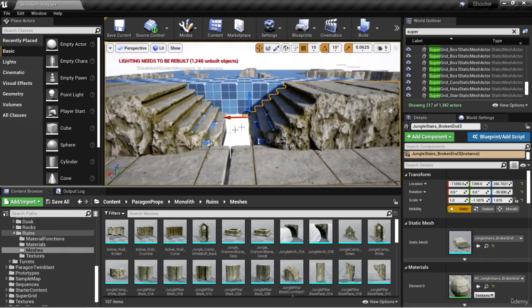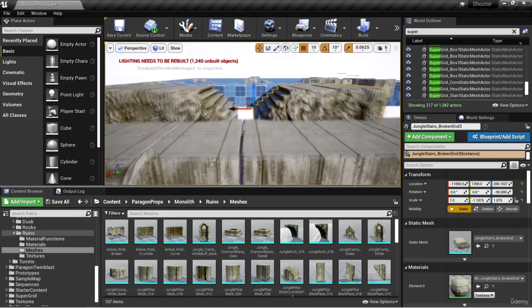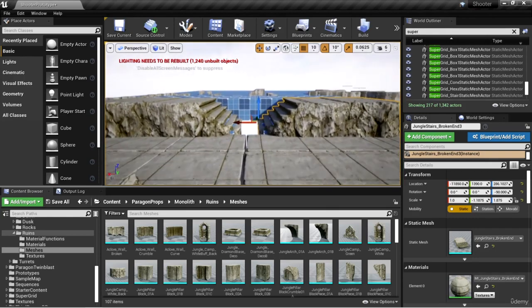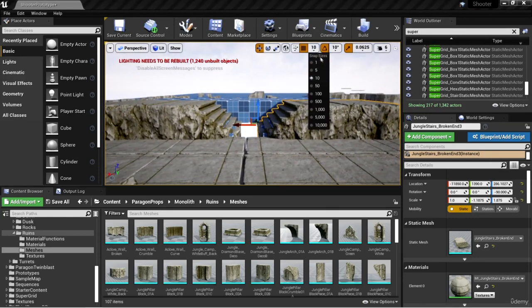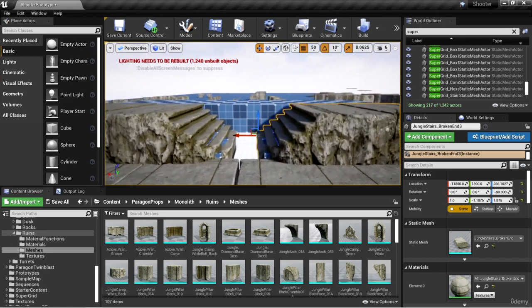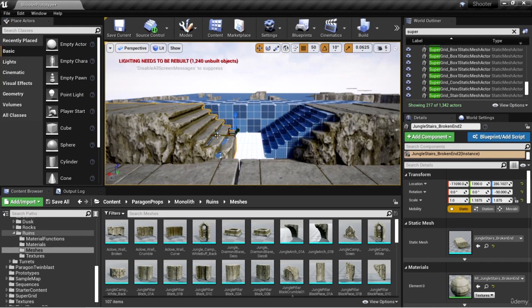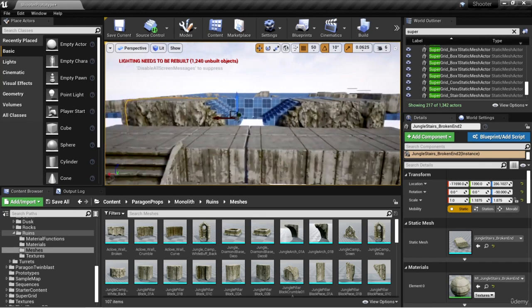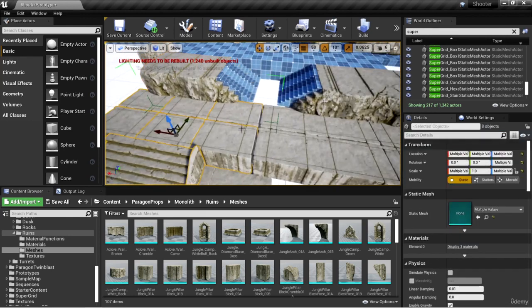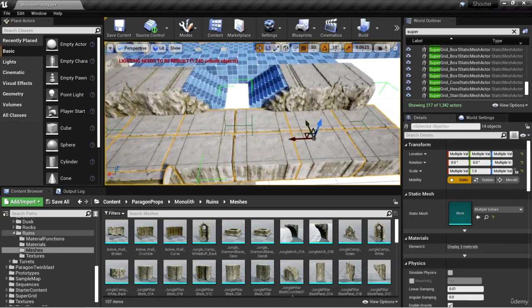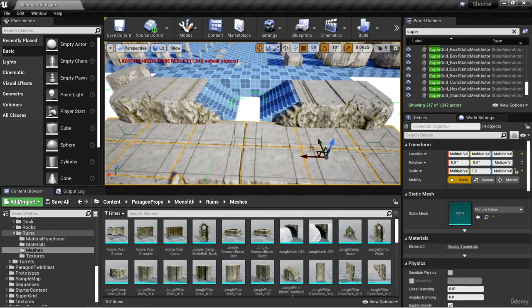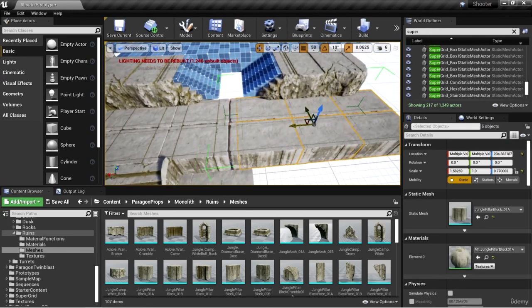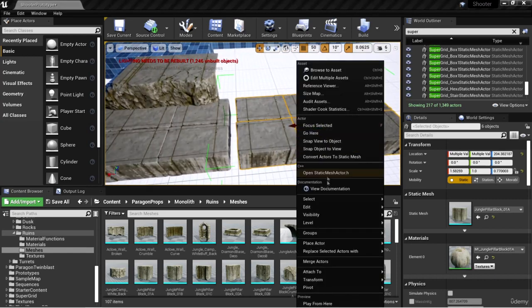Now it does look like there's not a whole lot of room in between here, so I think I'm going to go ahead and move these each out a little bit. So let's go ahead and move this out a couple of tick marks, and then this one as well. And then I can go ahead and take these ground levels here and I can duplicate them. I'm going to actually copy one of these over and ungroup it